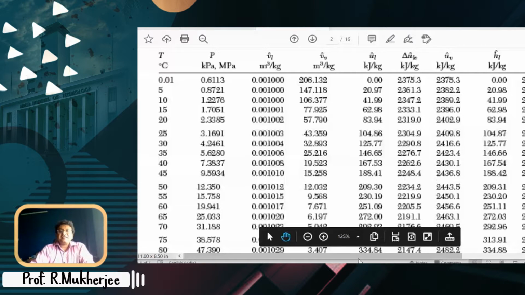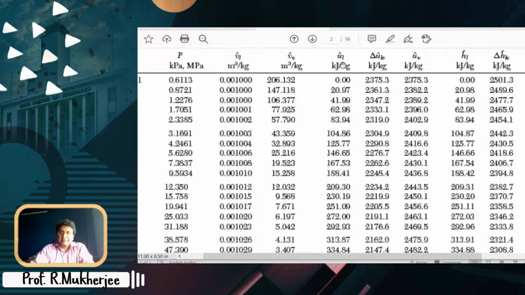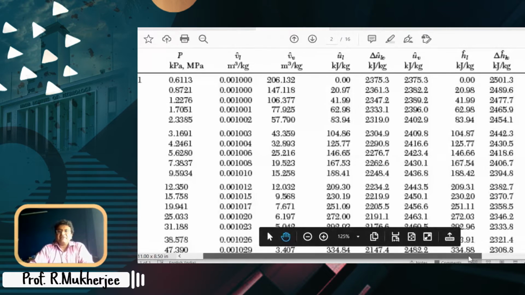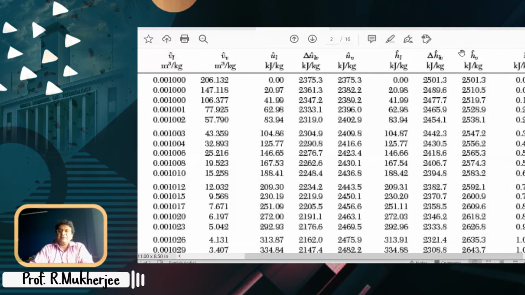Now there is a very interesting set of data. This is specific enthalpy, specific internal energy, right? UL is the specific internal energy for the liquid in kilojoule per kg, and this is the specific internal energy for the vapor phase at a given temperature and pressure. We'll take up 1 or 2 problems. It will become very, very easy. And therefore, this is the change in the internal energy because of vaporization. Similarly, you have data for specific enthalpy in the liquid state, specific enthalpy in the vapor state, and therefore the delta H values.